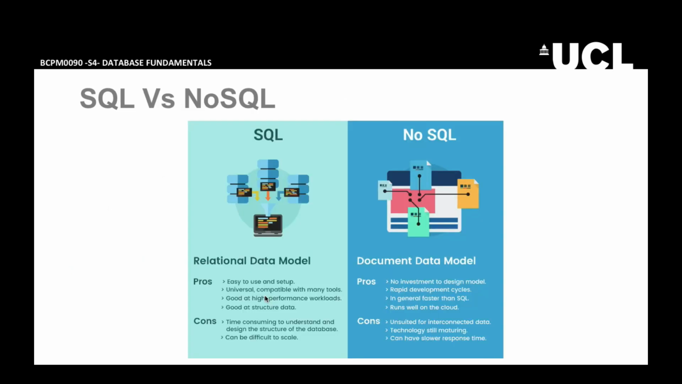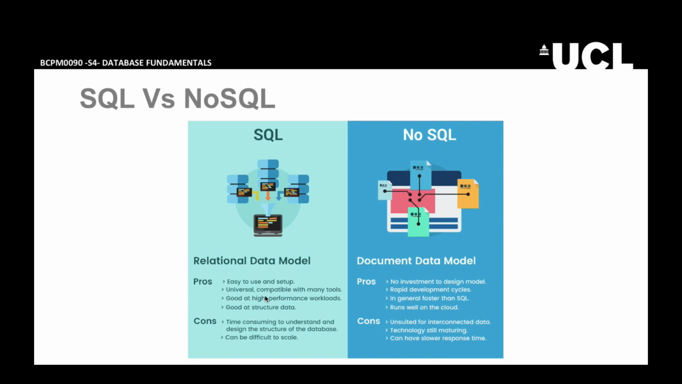So nowadays, the main options in terms of databases are SQL and NoSQL databases. And both have some pros and cons. Basically, the relational is easier to use and set up. Its use is more extended. This makes this database more universal and compatible with many other different tools. They are good at high performance workloads, but however they are quite time consuming to understand and design the structure for the database. And maybe the main difficulty is to scale, to make it bigger when we have a huge